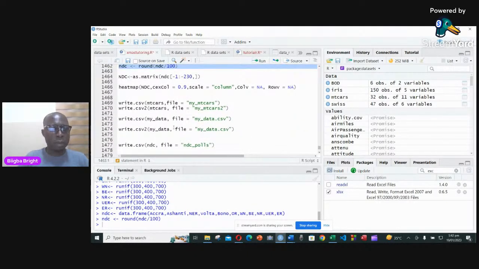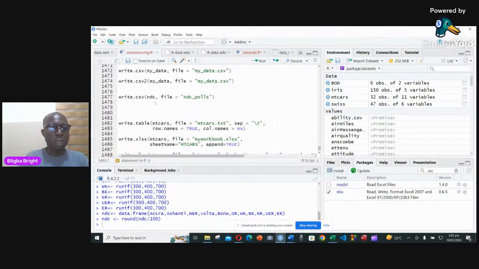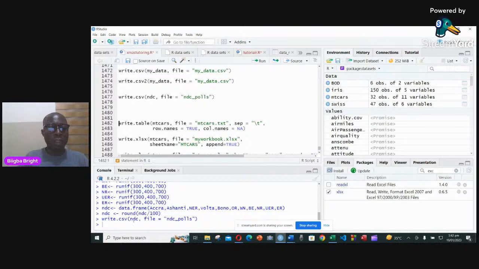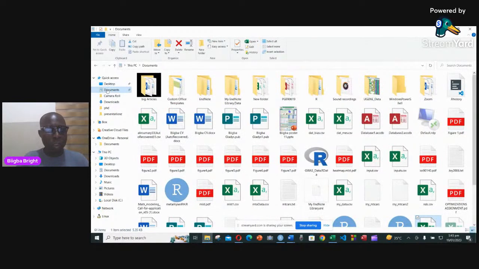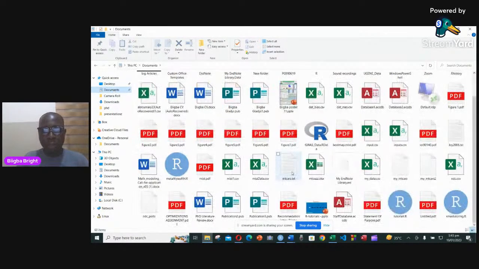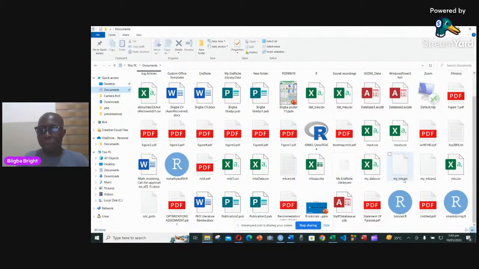and now if I come to run that file, where is it? Yeah, it's here. If I run it again, you won't find that error. So you see that the NDC is now run properly. Now if I go to my local machine and look for NDC post, I should be able to find it in my document directory. NDC should be around the N column. You can see that I have the ndc.csv file, which is here. So if I double click on that,